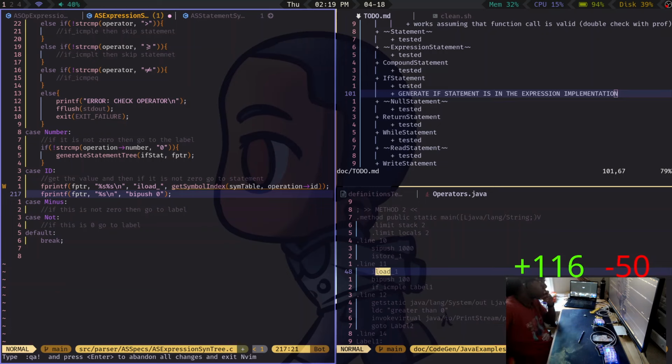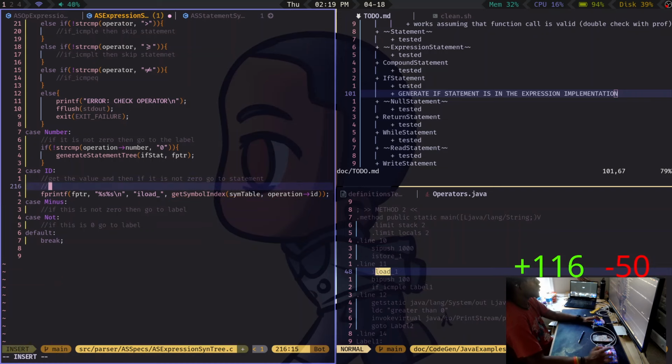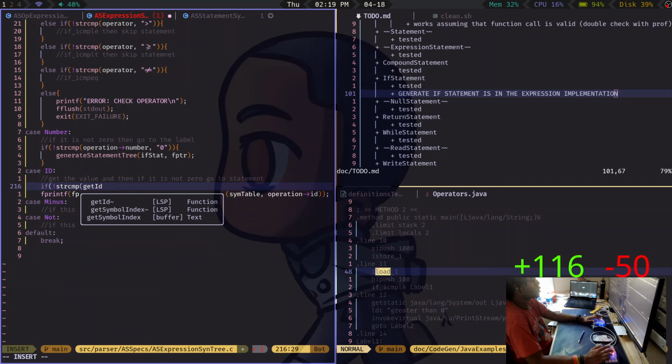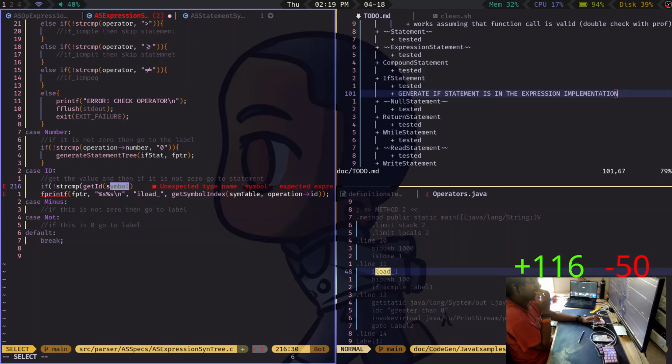Actually, if it's just an ID, I can do the same exact thing as a number. Yeah, so not string compare. So this is going to be get ID, and then symbol. Is it find symbol?